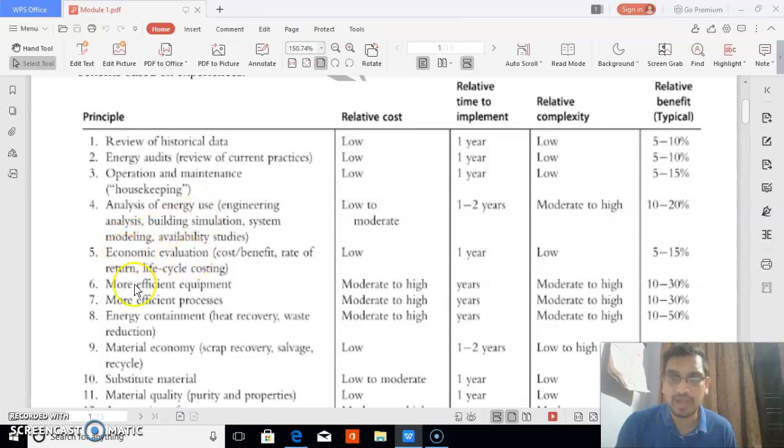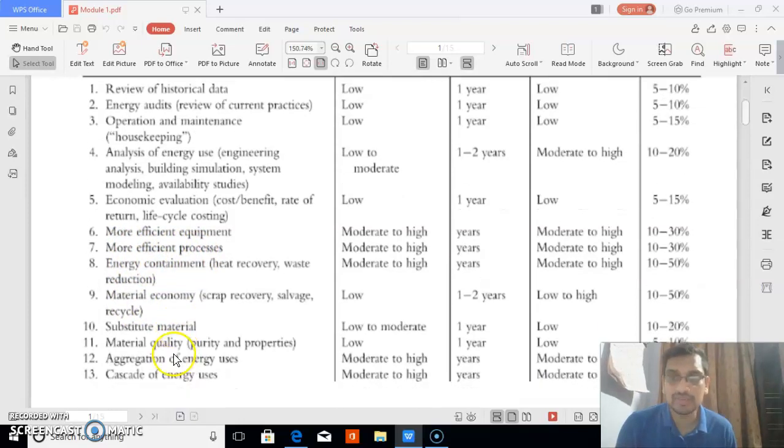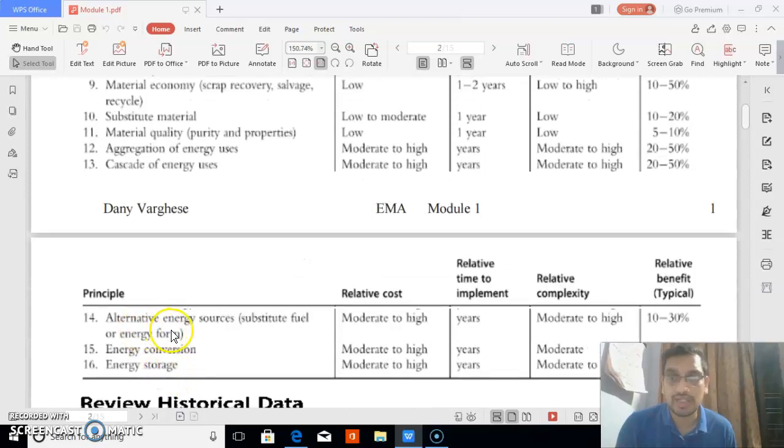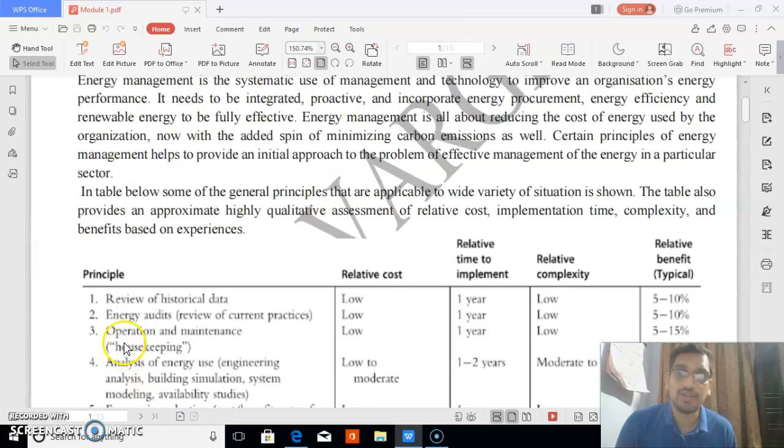Then economic evaluation, more efficient equipment, more efficient process, energy containment, material economy, substitute material, material quality, aggregation of energy use, cascade of energy use, alternative energy sources, energy conservation, and energy storage. So these are the different types of energy management program available.